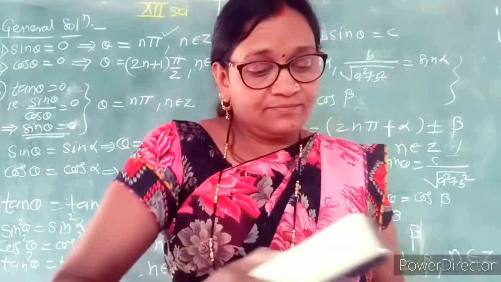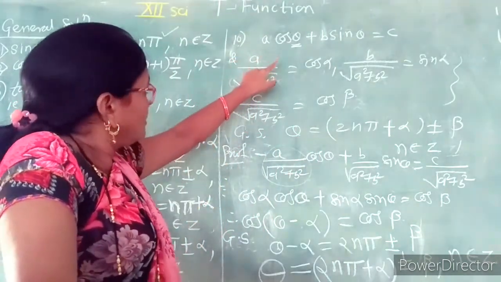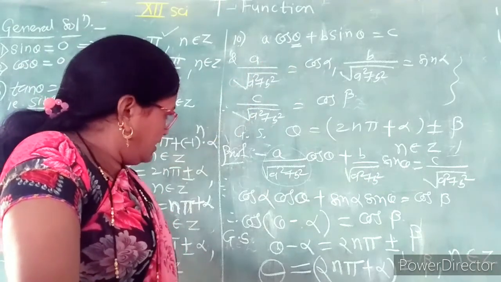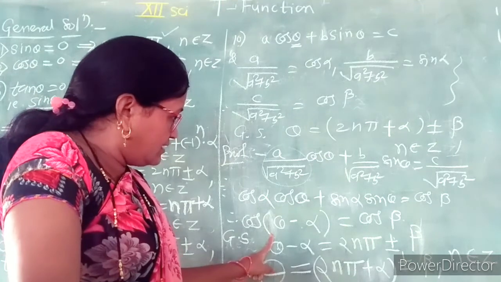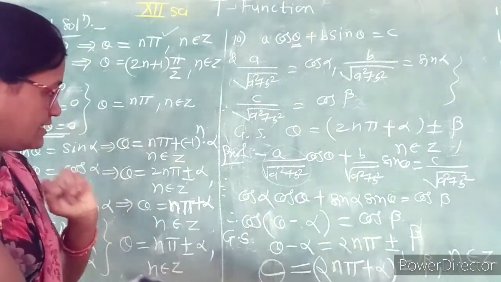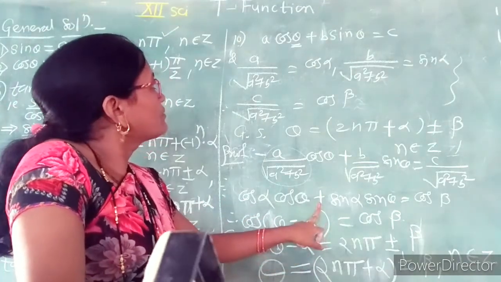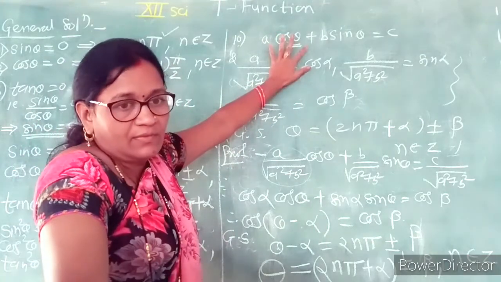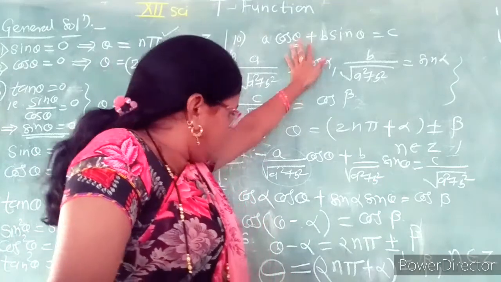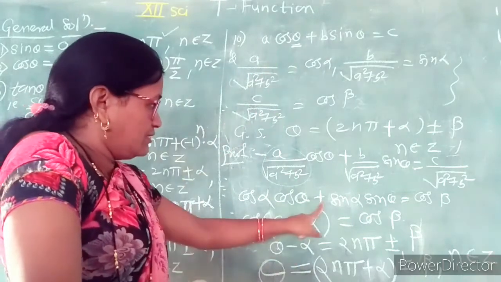For the whole identity, cos theta plus alpha, here the sign is plus. With the help of this, we find trigonometric ratios are similar in the first and fourth quadrant. The solution of the equation is a cos theta plus b sin theta. Now here the sign is opposite for the result. If the sign is minus, a cos theta minus b sin theta, then the sign will change. So here the sign is plus, and we get the result as plus.